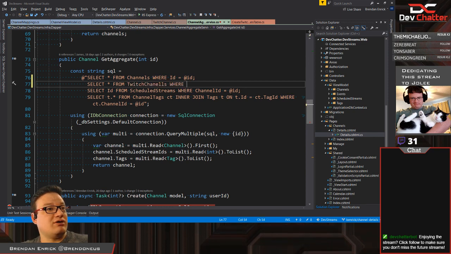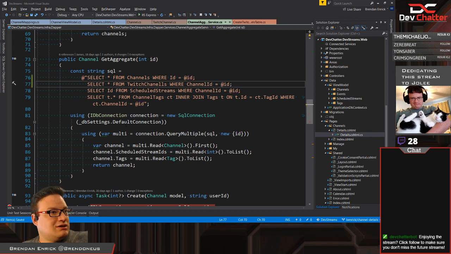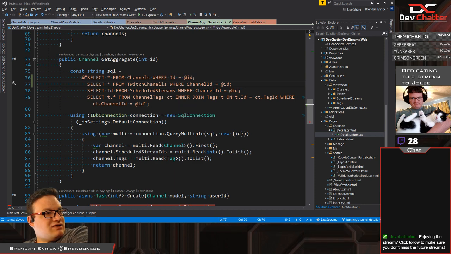Twitch channels where channel ID equals @ID. And then the ID value gets set right there, so that should pull that out.